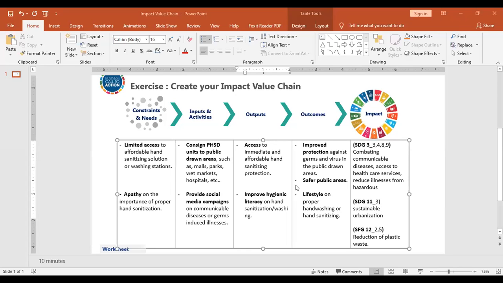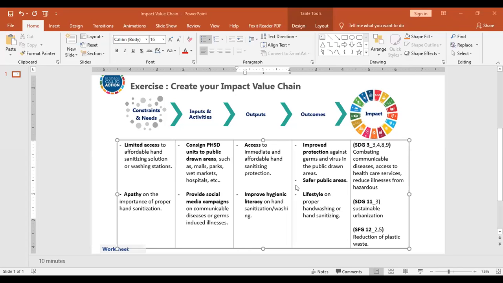So our expected output is for the general public to access immediate and affordable hand sanitizing protection through our dispenser, and also improve hygienic literacy on hand sanitization and hand washing.